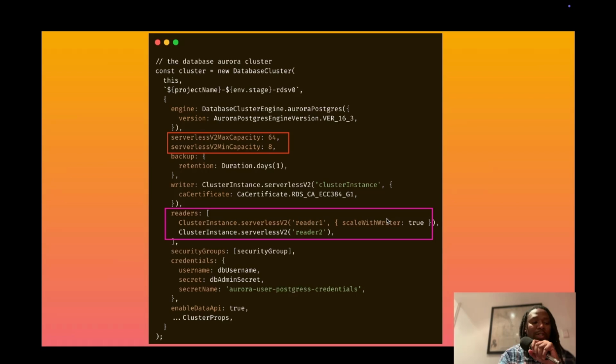And in addition, in the purple block, you can see I've got 2 readers, and one of the readers is meant to scale with the writer. So what ended up happening was that I had 4 separate instances inside this cluster, with minimum ACUs at 8. We'll get into the calculation for that, but I'm pretty sure the smart ones still watching could break it down before I get to the end of the video, how much we